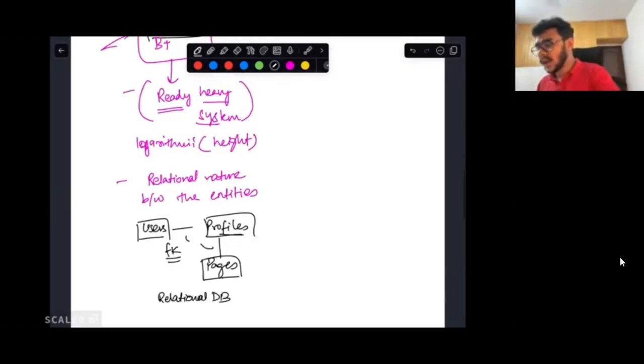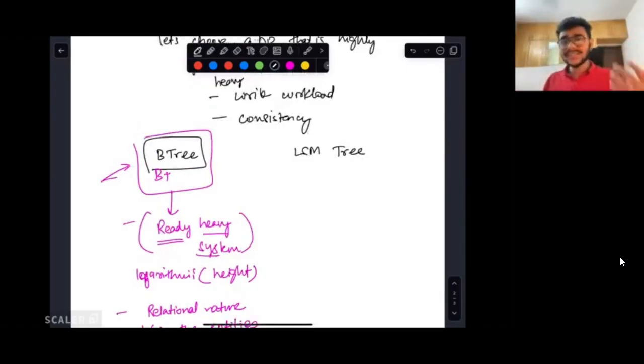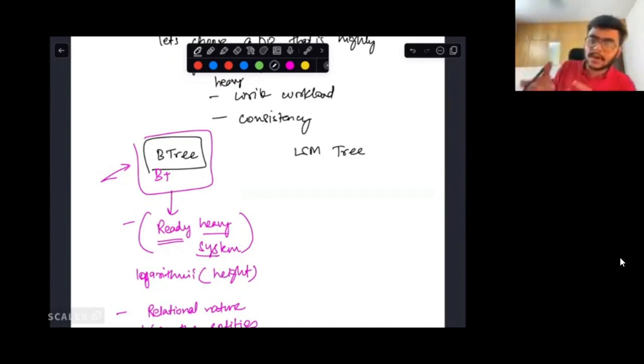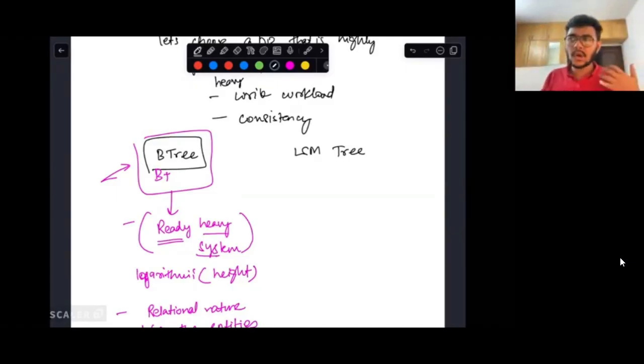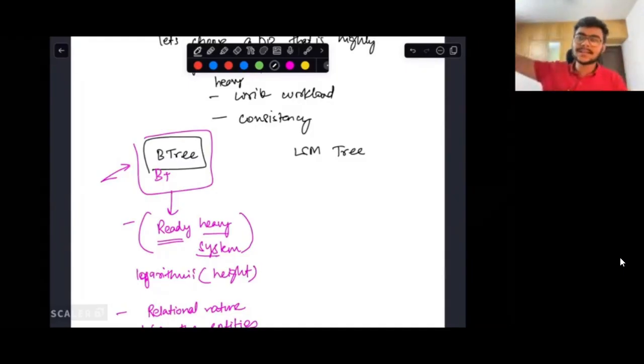Whereas in our case, in messaging, we just have raw messages and some metadata that is associated with it. I hope you all understand the meaning of metadata, which is not the actual content of the message. Instead, it is the message ID, the timestamp at which it was sent, the sender ID, the conversation ID, these kinds of things. These are called the metadata. And these are set patterns. You're not going to be defining some relations. You're not going to be joining messages with, let us say, a different column or a different table altogether, right?